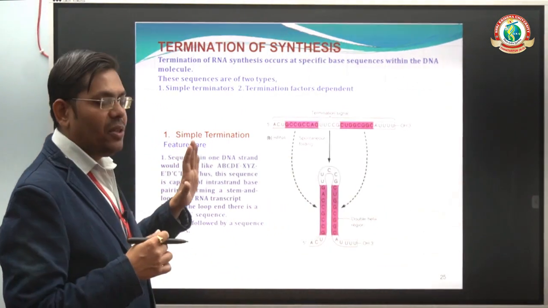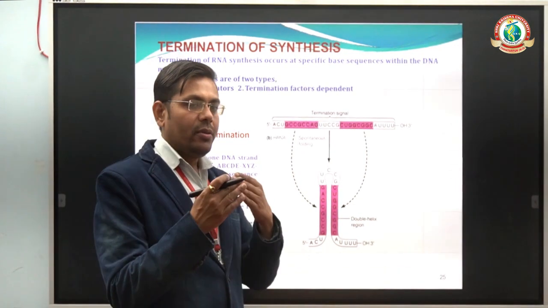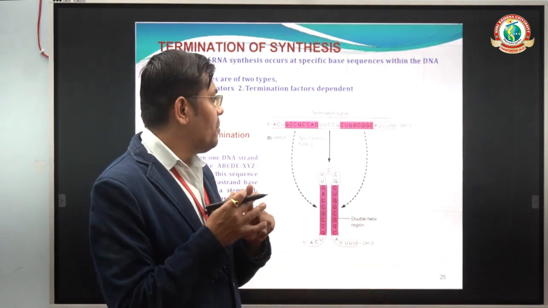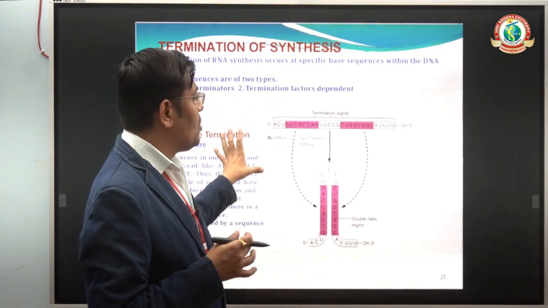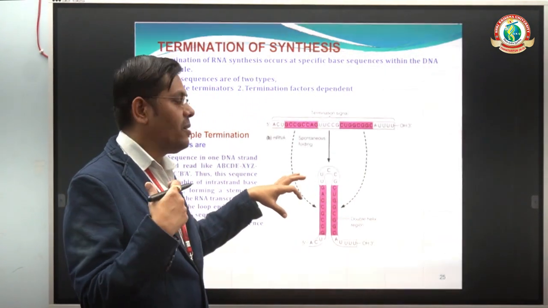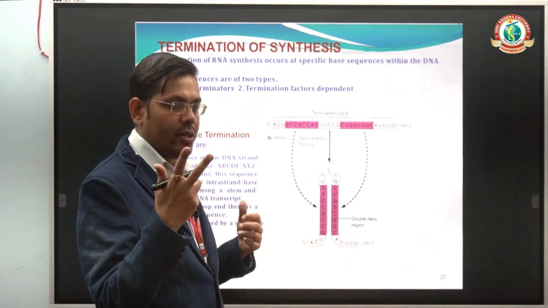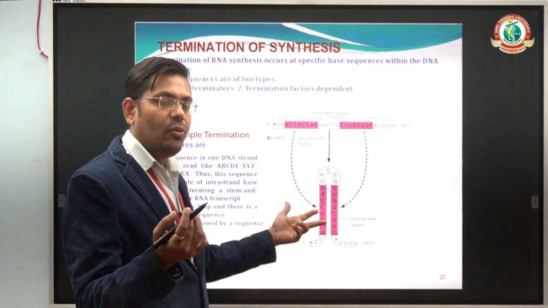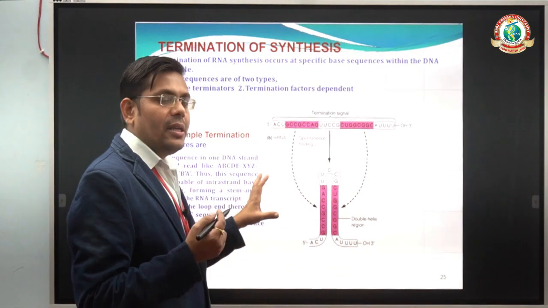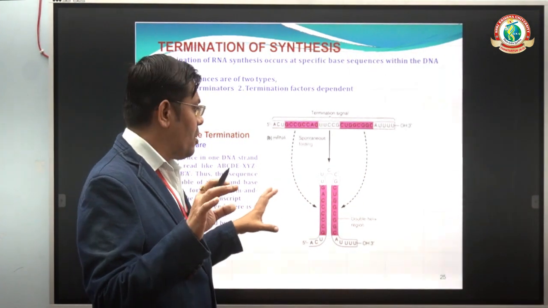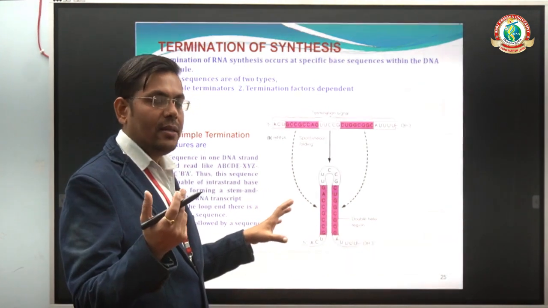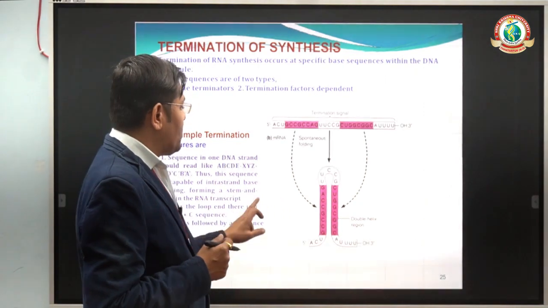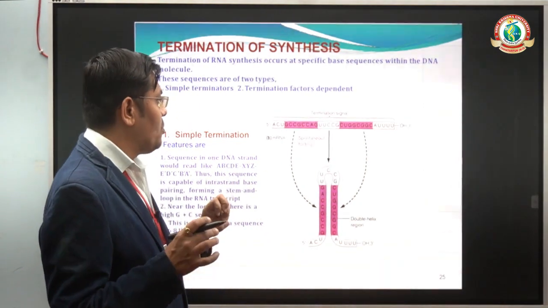So if you see the termination process, as we have said, number 1 is the initiation, number 2 is the elongation, and number 3 is the termination. So how does the process of transcription get terminated? With the help of 2 steps. Number 1 is hairpin loop formation, through which termination takes place and the transcription process gets stopped. And number 2 is rho-dependent transcription termination.